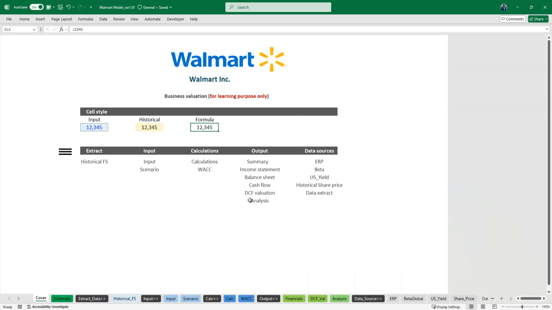So this is only DCF income approach valuation. I've not incorporated market approach. So on your own, maybe you can learn that some other time. Then the data sources: ERP, equity risk premium, beta and industry beta, US yield, historical share price, then the data extract. And I've created more like a menu button, so on each page it's easy for you to navigate to